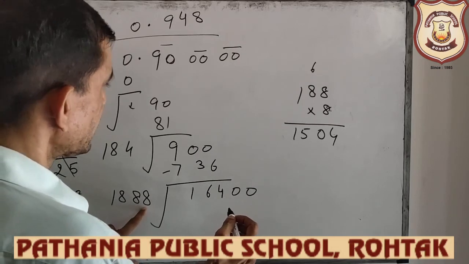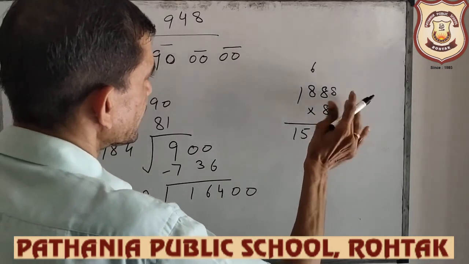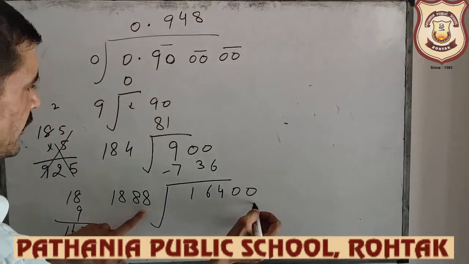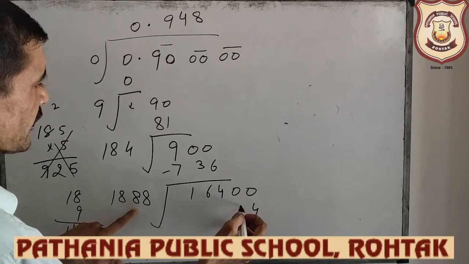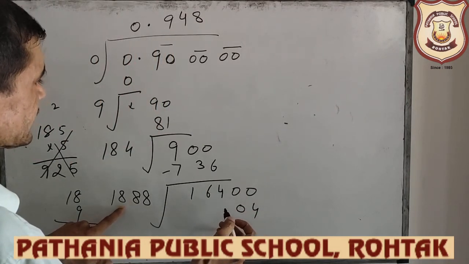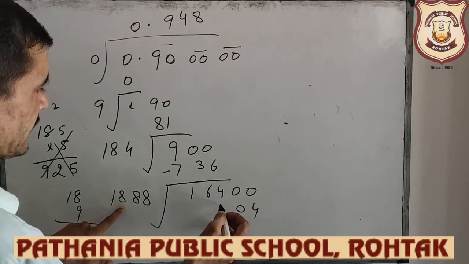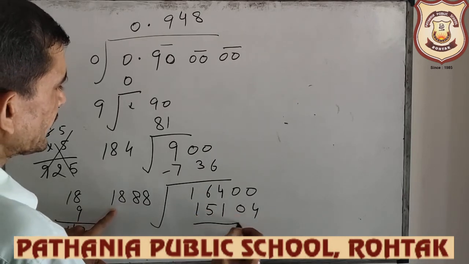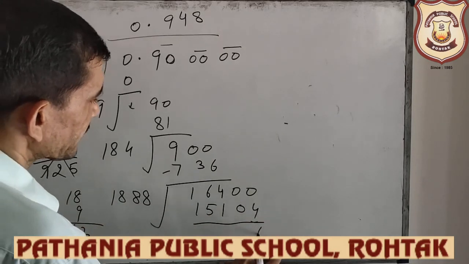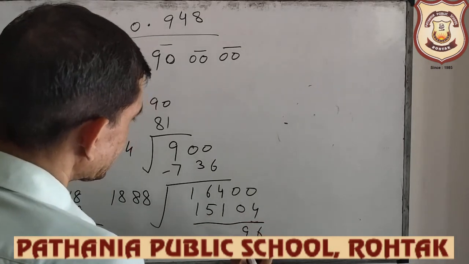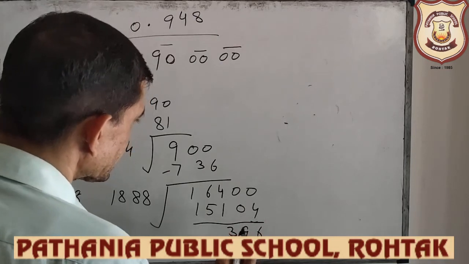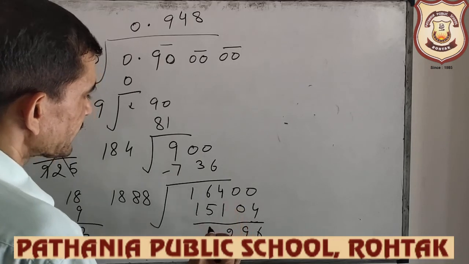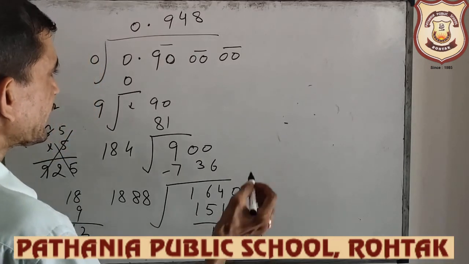8 8, one more 8 is there. So therefore, what is it? 8 8 is 64, 8 8 is 64 and 6, 70, 8 8 is 64 and 7, 71, 8 1 is 8 and 7, 15. Now this is 10 minus 4 is 6, 9 as it is 3, 2, and this one is what? 1. So this is the remainder.